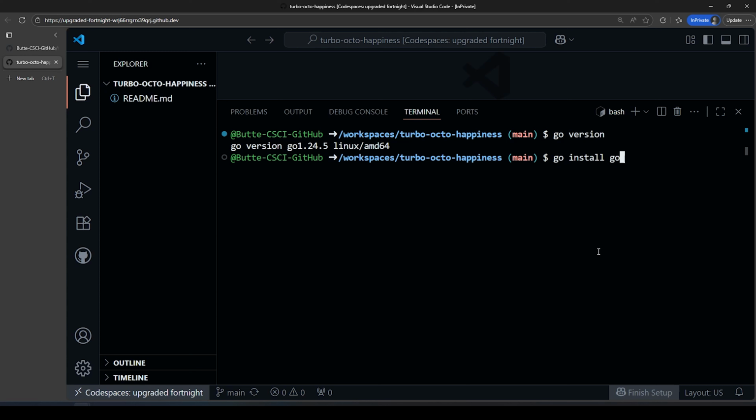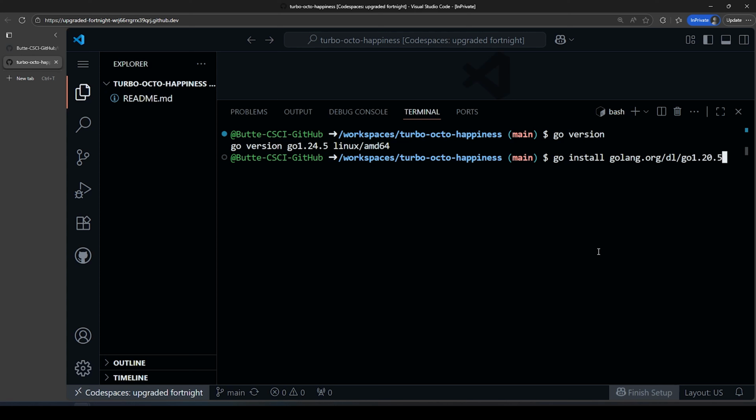You can just do that from the golang.org site, and then you want to do /dl and then /, and then this is the name of the actual version of Go. So I'm going to say go. And for the purposes of this demo, I'm going to do 1.20.5. So you would do